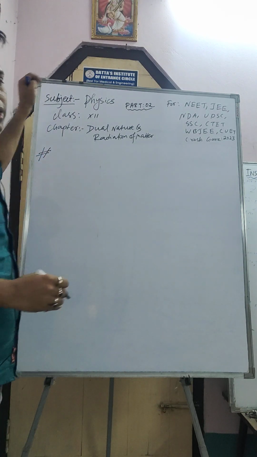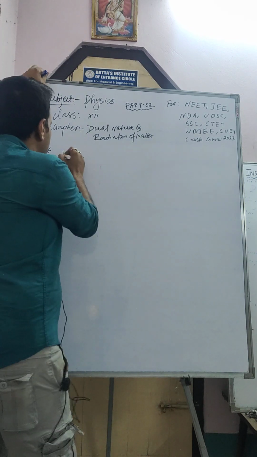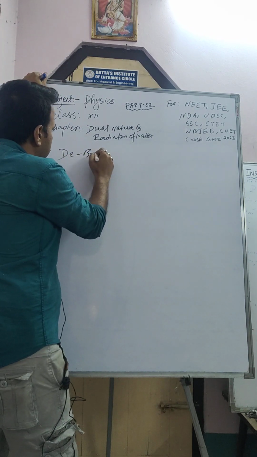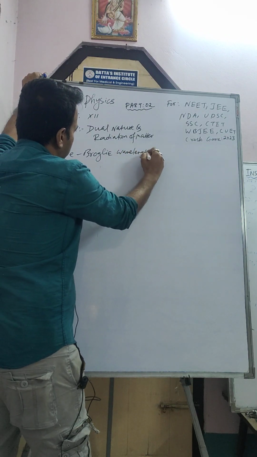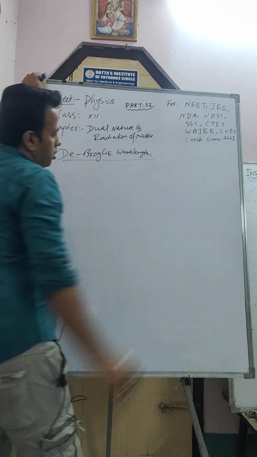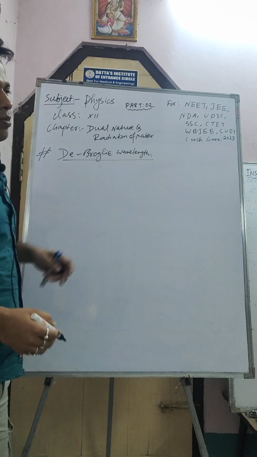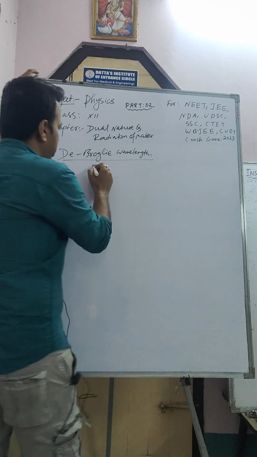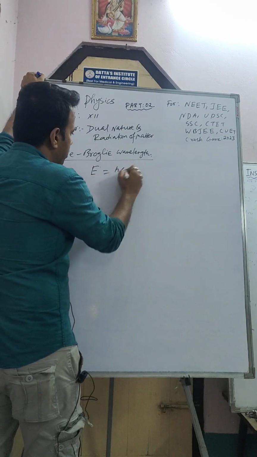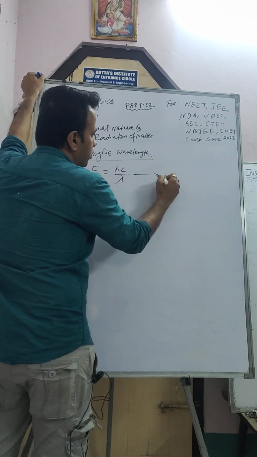In part number 2 we will study the de Broglie wavelength. So what is the de Broglie wavelength? We have to find out the de Broglie wave equation from this. So we know that energy E equal to hc by lambda from Planck's quantum theory,